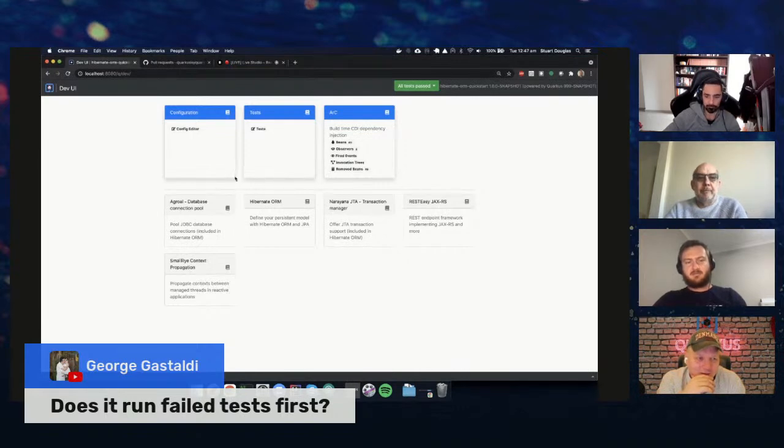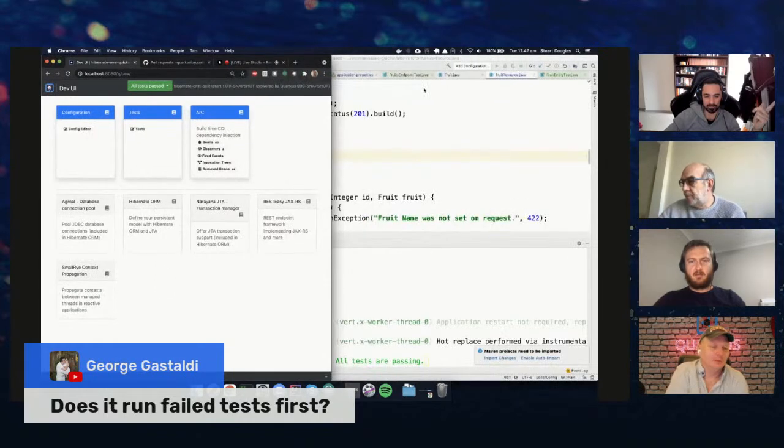I think I can live with the fact that you're not running the full test suite. You're only running one time, so it doesn't have to be that fast. And anyway, when you're running dev mode, you don't want to have a ton of concurrent tests running at the same time. So. George is asking if it